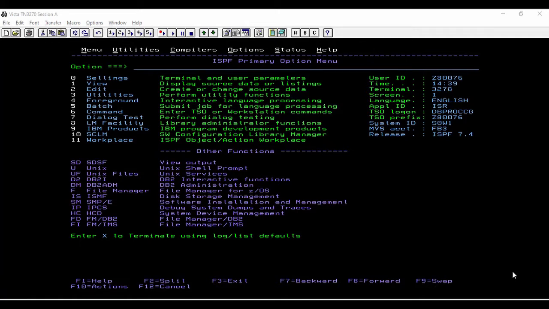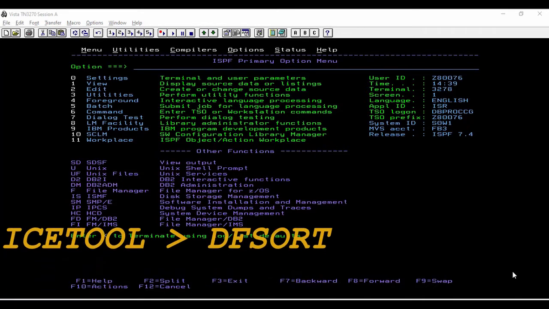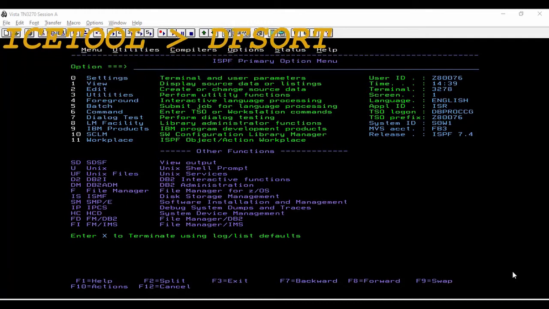In this video we are going to discuss another trick related to DFSORT, which is very important if you want to create a larger data set with a large record length using small record length data sets. Suppose you have a data set with a record length of 10 and you want to take each record from this file and combine it into a larger data set having a record length of 80. This is possible easily using a simple keyword from the DFSORT utility, which is called by the ICETOOL program.